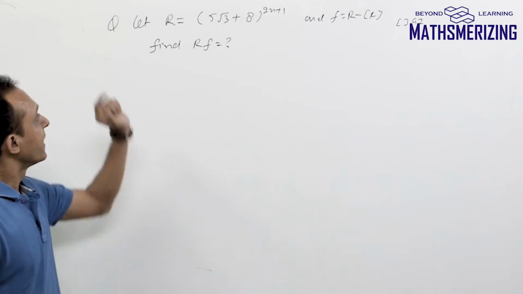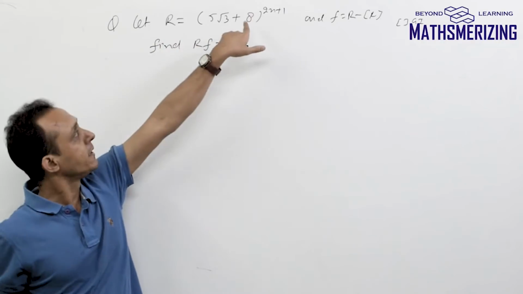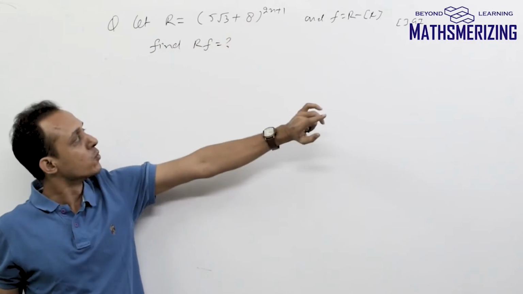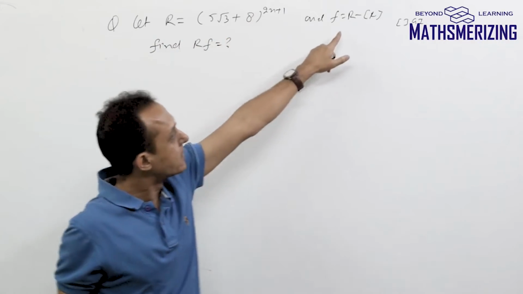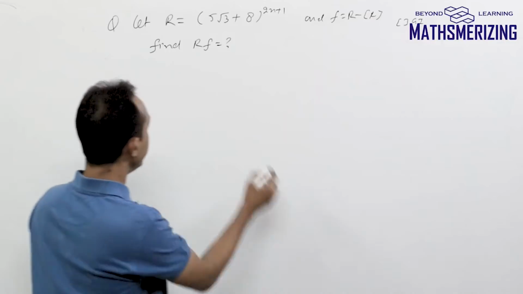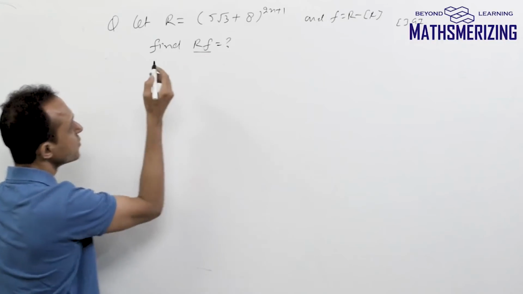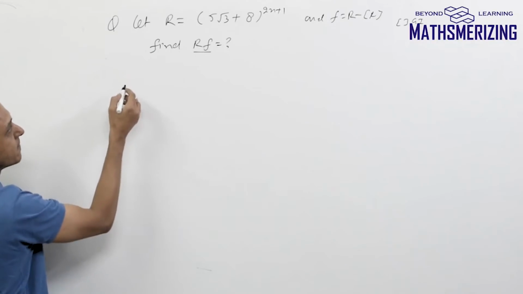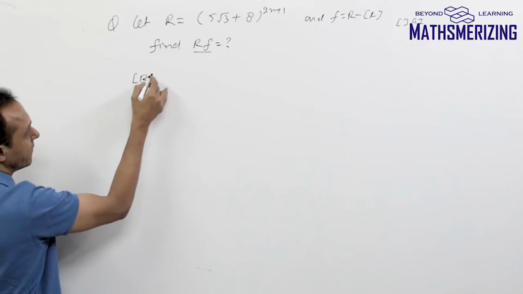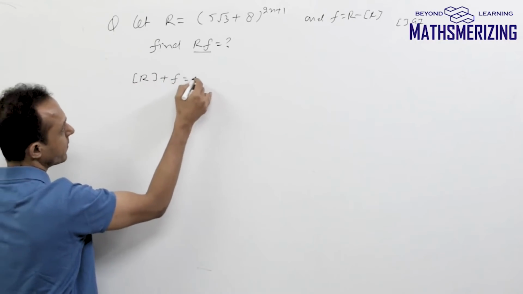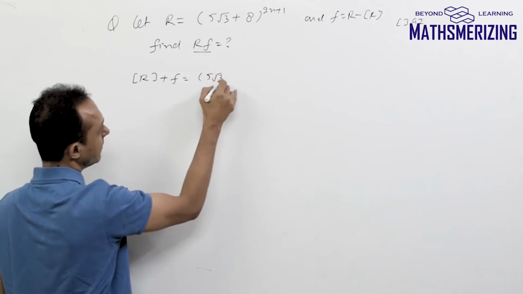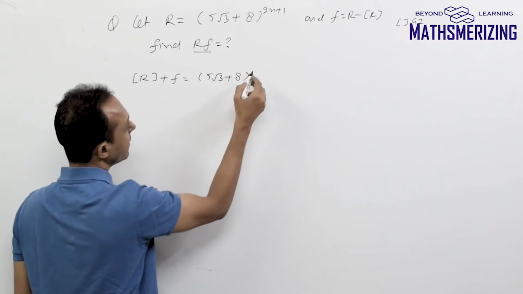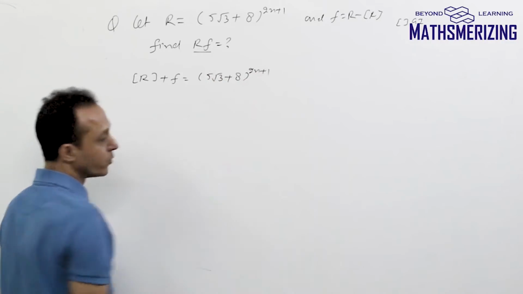Now we'll take another question, which is R equals (5 root 3 plus 8) to the power 2n plus 1, where f is R minus the greatest integer function of R. I need to find the value of R times f. So again what I'll do is write this as the greatest integer function of R plus f, and this is (5 root 3 plus 8) to the power 2n plus 1,